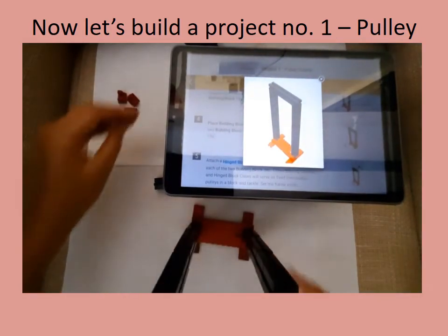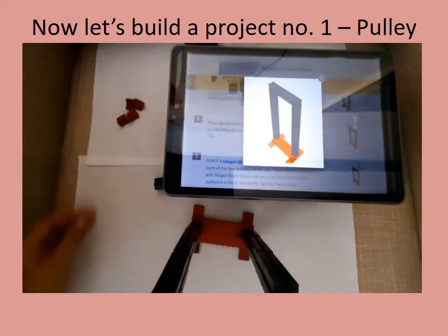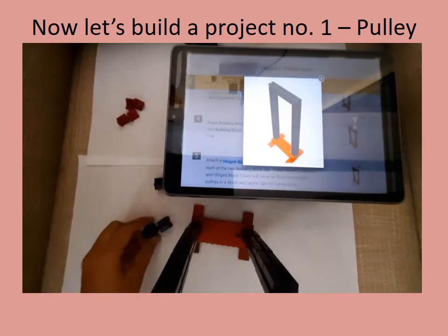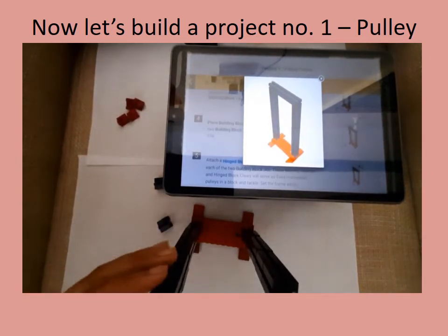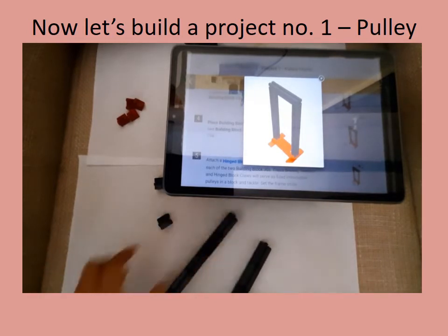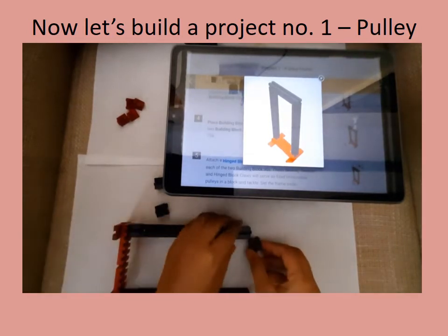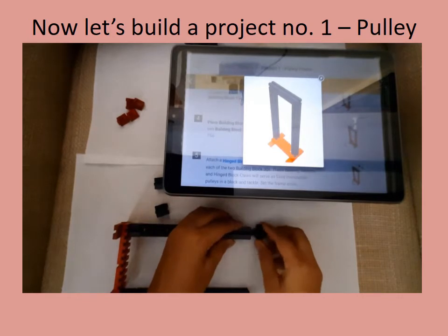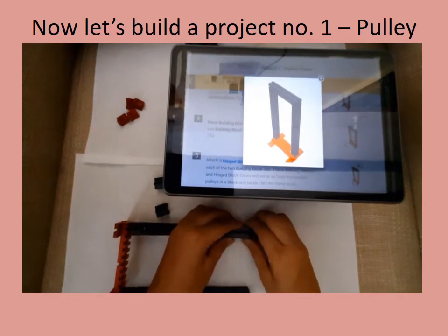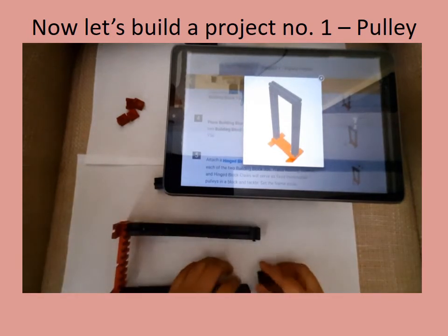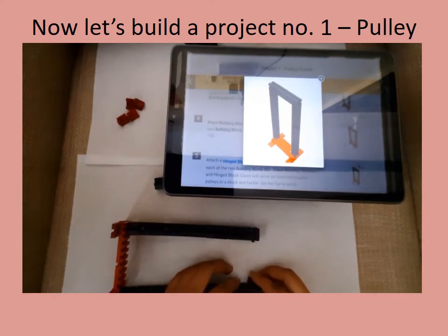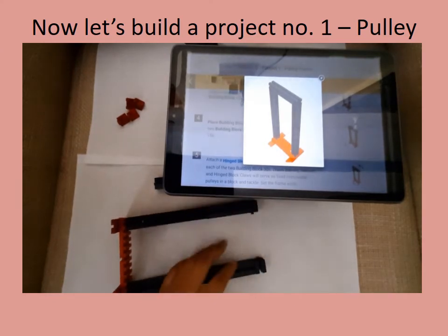Okay, so I will take building block 15 as I have to attach it on each of the 2 columns. This is how I am attaching it on each of the sides.